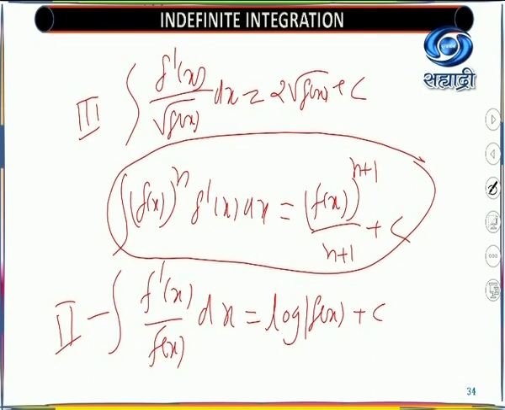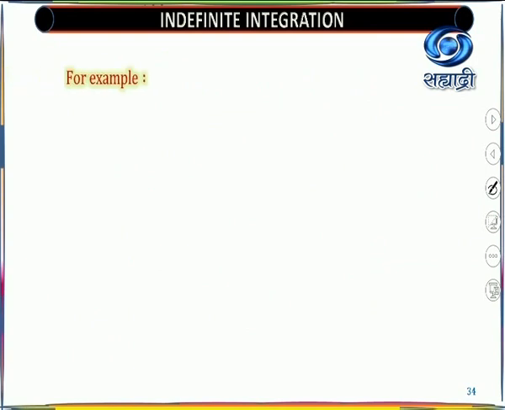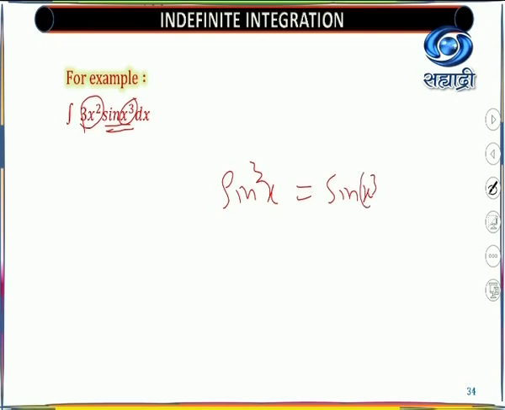So we'll see the examples based on the substitution method as well as the corollaries. Okay, so we'll start with our examples. Look at the first example, given by the integral of 3x square sine x cube dx. Now here you know that this is the substitution method. You will get it by substitution only. Where is the complication? The complication is here because this is a power of the angle. It's not sine cube x. Sine cube x is different from sine x cube. This is nothing but an angle cube.